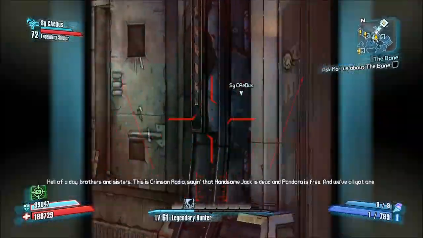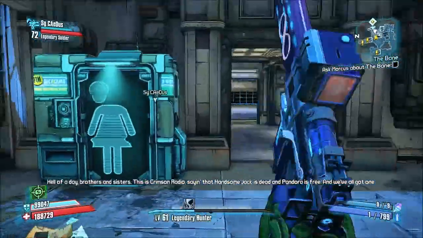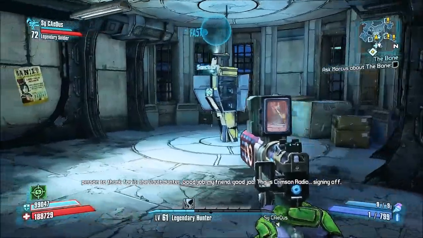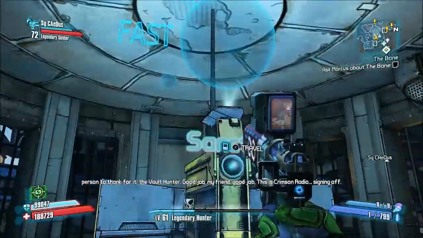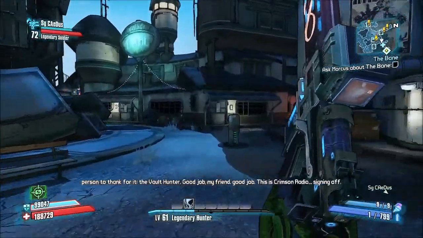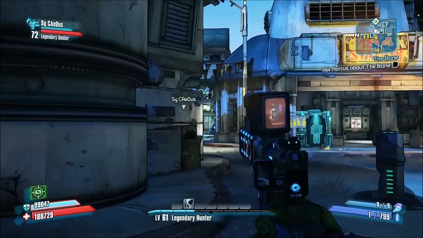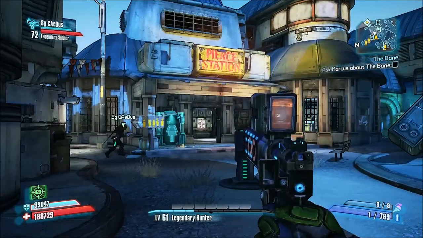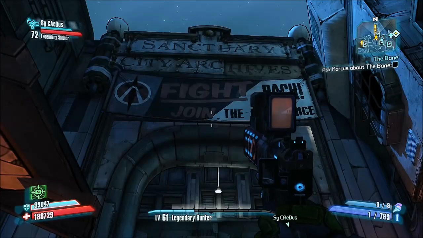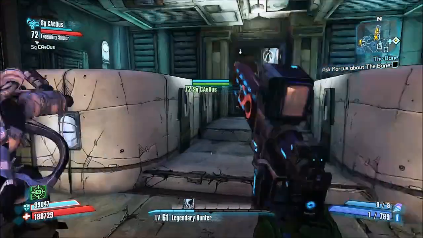Here again with my friend Sergeant Cadis. So we're going to show you guys how to do this glitch. The easiest spot, or the spot that most people like to do it, is just here at Sanctuary. So if you just make your way to Sanctuary, I'm not going to spoil anything. The spot that everybody usually does it at is right in front of the Sanctuary City Archives right here. This building where the